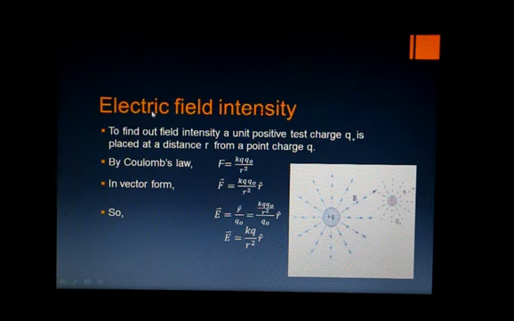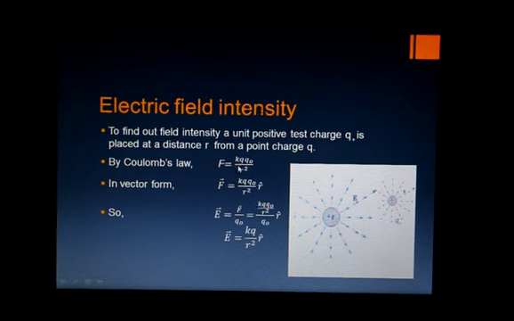Now, we come to find out the formula of electric field intensity. You can see here, again we consider this figure. You can see there are two charges, plus Q, that is a source charge, and plus Q naught, it is taken as a test charge. You can see here the two fields are present, and the two fields may interact, and due to interaction it results in an electric force.